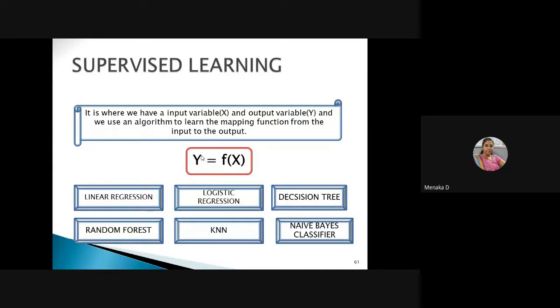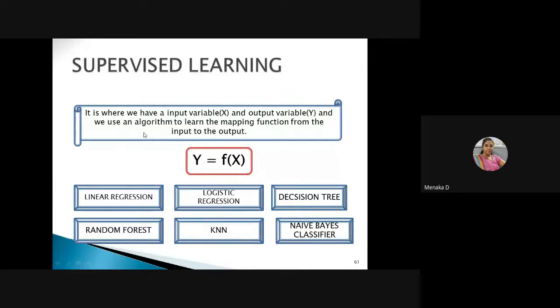Okay, we'll go first. And different learning algorithms, it is based on these are the applications of supervised learning. So supervised is nothing but training, where we have an input variable X and an output variable Y. The output is a function of the input variable. That is, you are mapping the output from the input. That is, you are training the data set here in supervised learning,